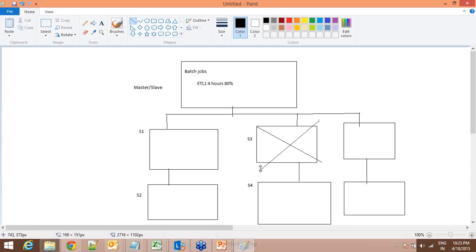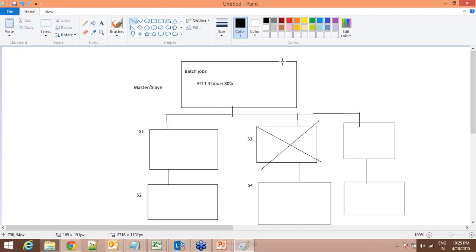So this application, which has been running for the last 4 hours, needs some data from here to finish the remaining 20%. Since the node is gone and no longer accessible, the application will fail. Whatever was spent in the last 4 hours is wasted, and the resources consumed are wasted. Again, the ETL admin has to fix this node and start again, and it will take some 4 to 5 hours.